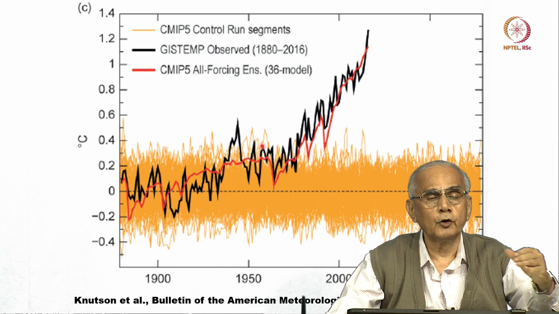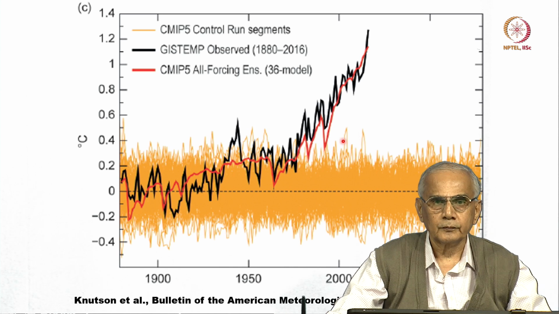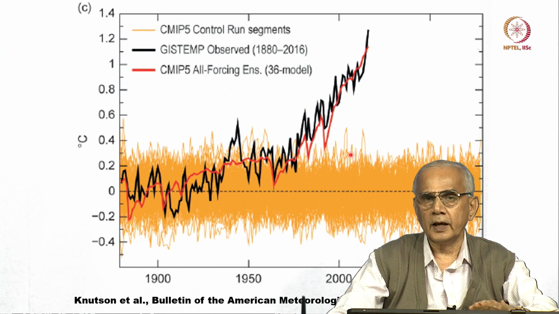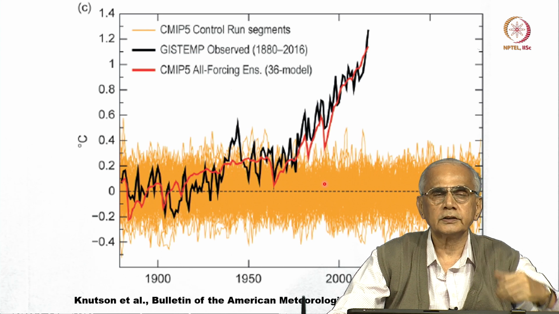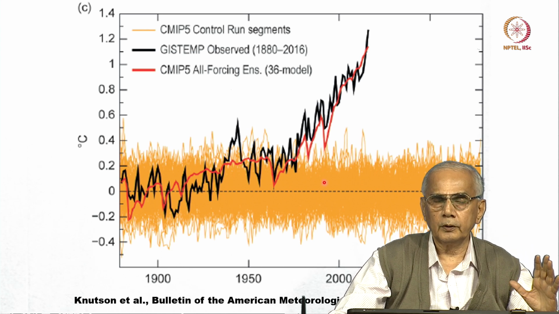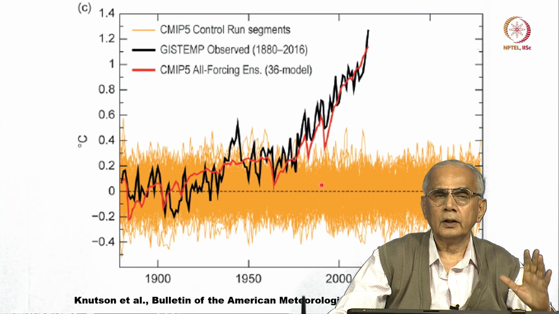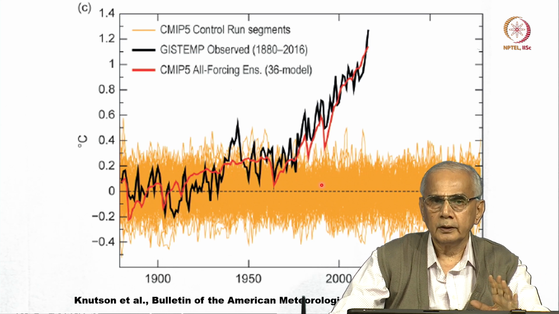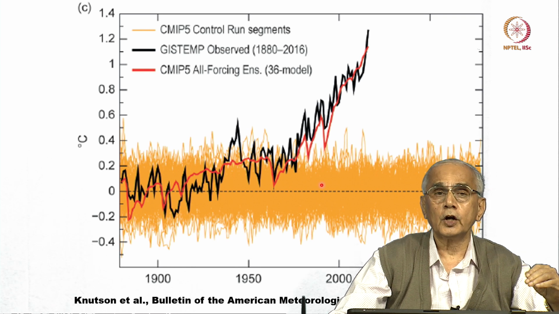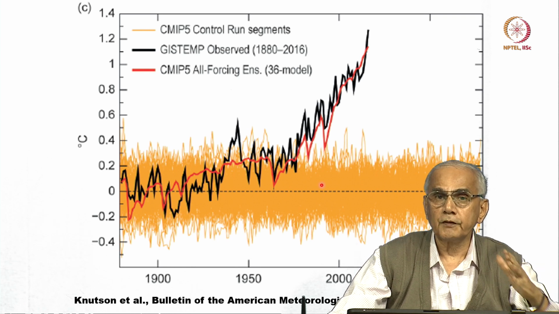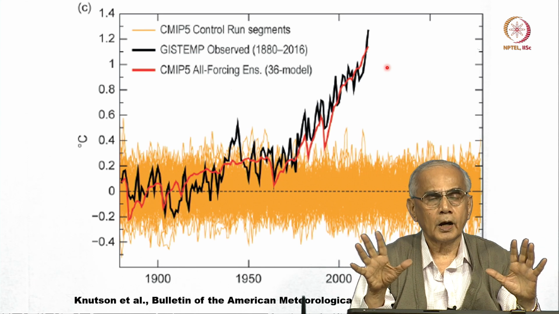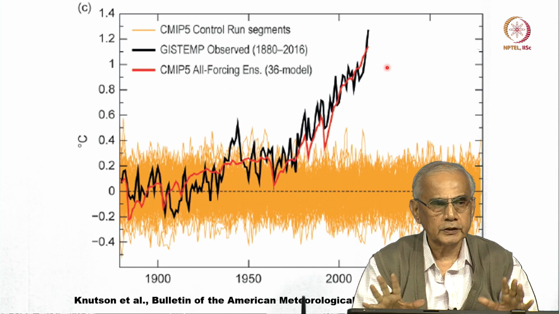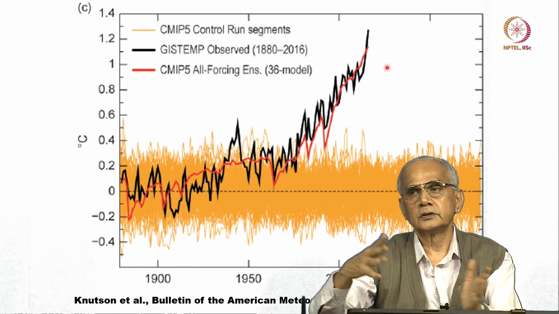So these models were used for that purpose. But the same model may not be good to know what will happen next year. So you must understand the strength as well as the limitation. Those people who don't believe in climate models will say, we don't trust these models because they cannot get me next year's temperature. But if your aim is to understand whether the increase in CO2 is causing global warming, then you don't have to worry about next year's temperature. You have to worry about the temperature change over the next 50 years. For that, these models are very good. So remember the subtle differences between applications. Certain models are good for certain applications, but not so good for some other applications.